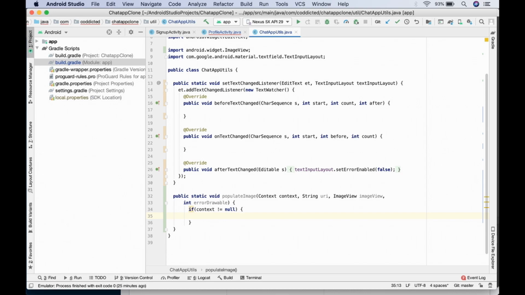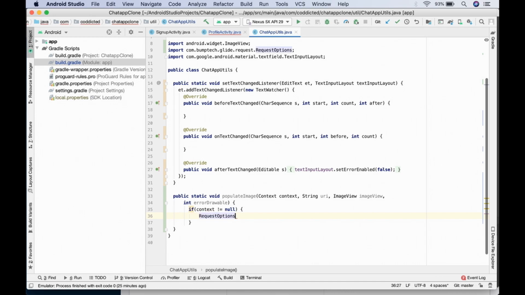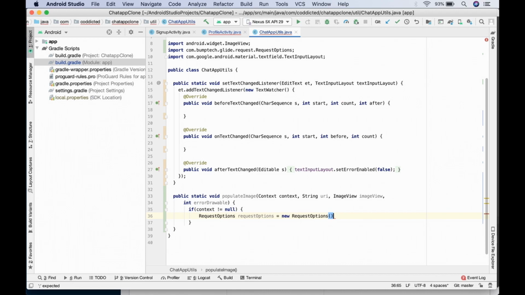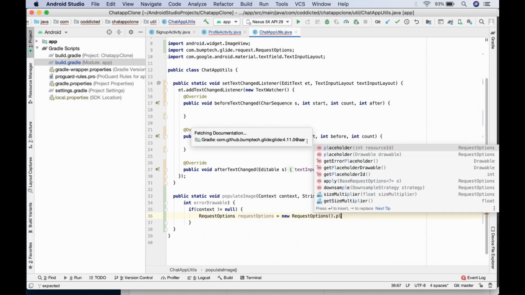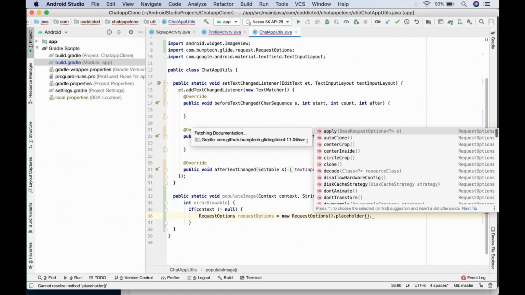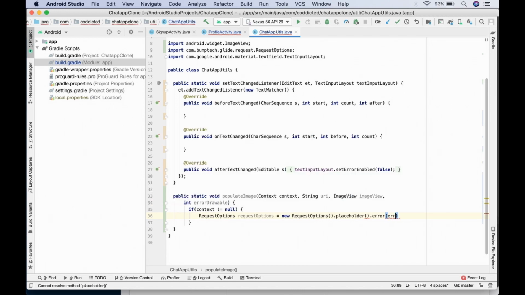Then we create RequestOptions from the Glide library. RequestOptions equals new RequestOptions().placeholder, and we leave it empty for now. Then set the error as errorDrawable,